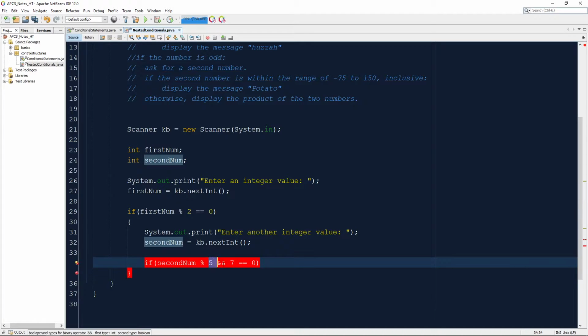Right, if both of these things could happen, but 5 and 7 is not a logical statement. We remember our order of operations says that our comparisons must happen first, so this is going to say 7 equal to 0 is false, and then 5 and false would not make sense. Or we do the modulus and we would get a number, and a number and a boolean cannot be connected with a logical operator, so this doesn't make